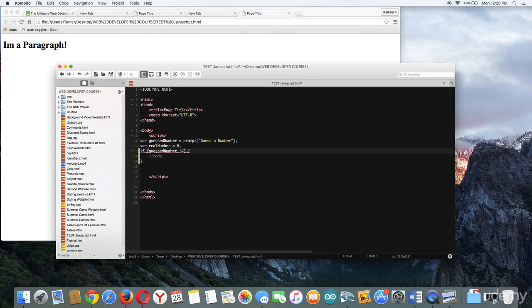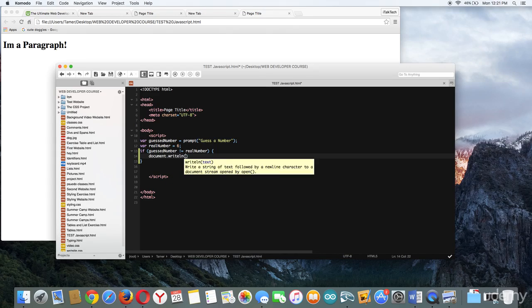So if the guessed number does not equal the real number, which would be 6, then we want it to create a heading. So let's do document.writeLine, which is going to allow us to print out HTML code onto our website. So document.writeLine, and then we're going to make a heading. So in quotation marks, opening and closing quotation marks, inside here we're going to write a heading. So bracket H1 bracket. Now we're going to write you guessed